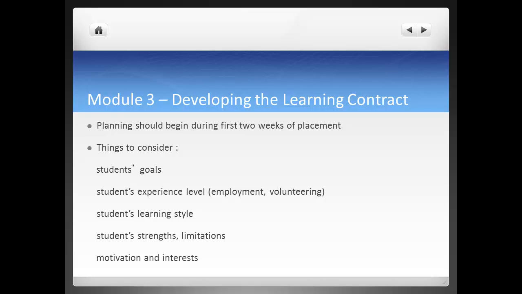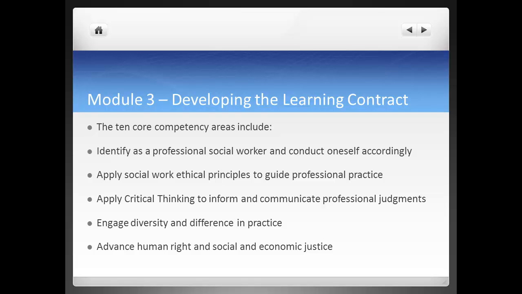There are 10 core competency areas that the Council on Social Work Education has developed for social work students. They include identifying as a professional social worker and conducting oneself accordingly, applying social work ethical principles to guide professional practice, applying critical thinking to inform and communicate professional judgments, engaging in diversity and difference in practice, advancing human rights and social and economic justice,